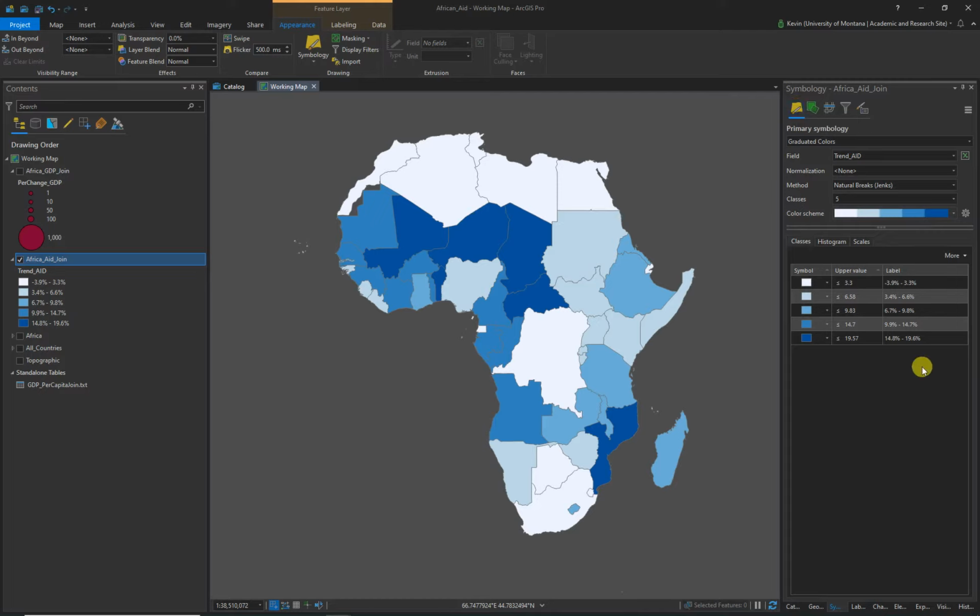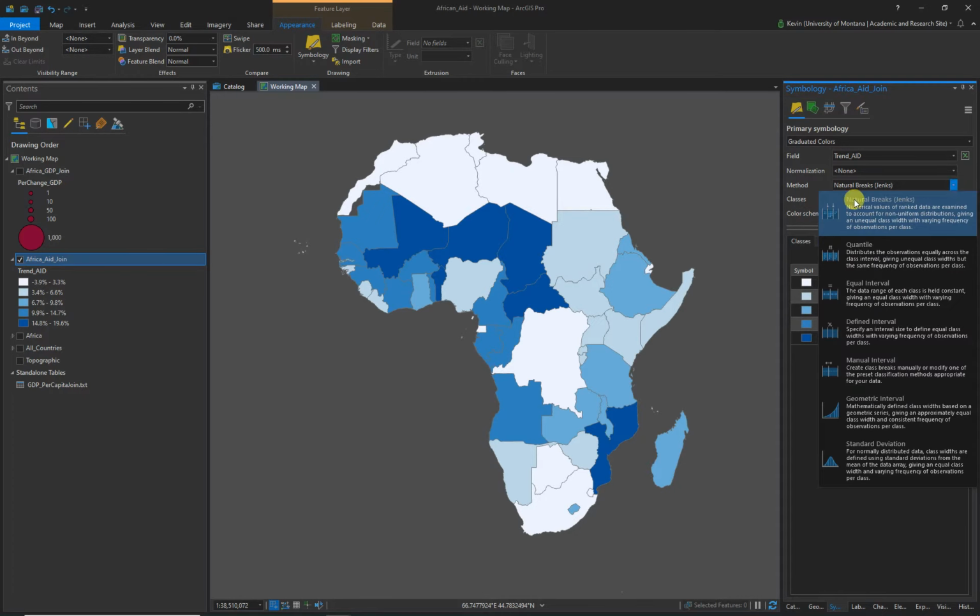But since we have above and below zero, so people that had negative aid, meaning basically their government was paying off their loans and people were not receiving aid, they were actually paying into the system. So we want to have a clean break at zero. And looking at these, it might work out. Let's just play around with some of the other